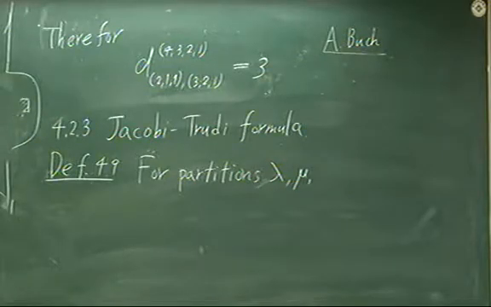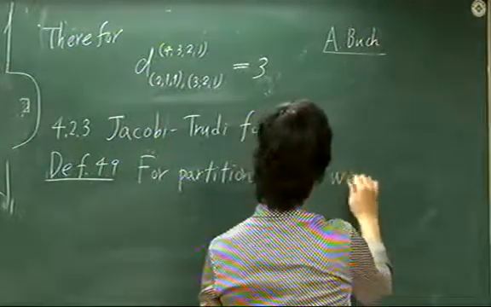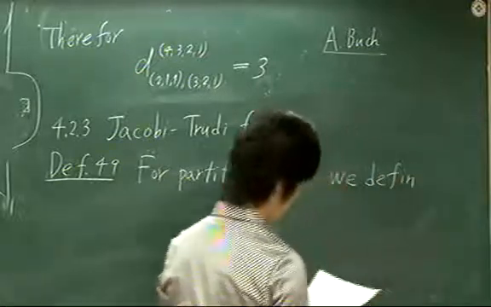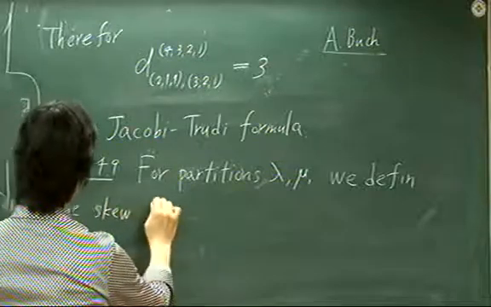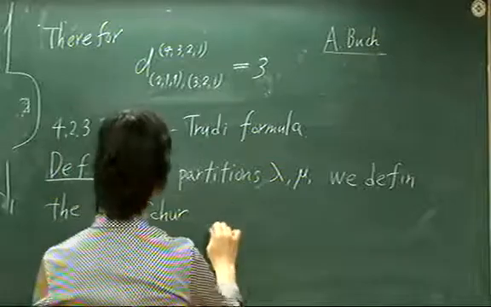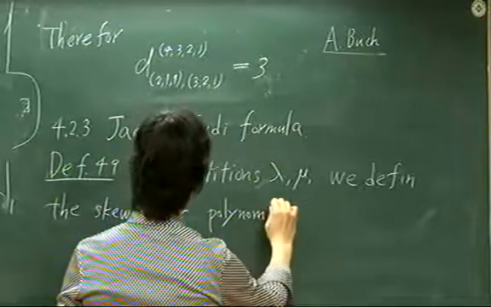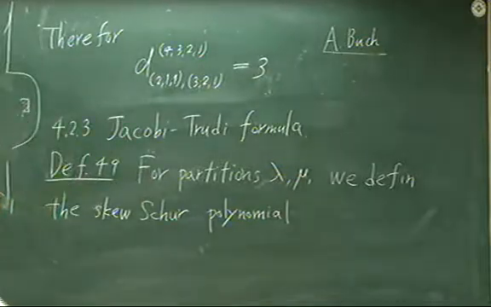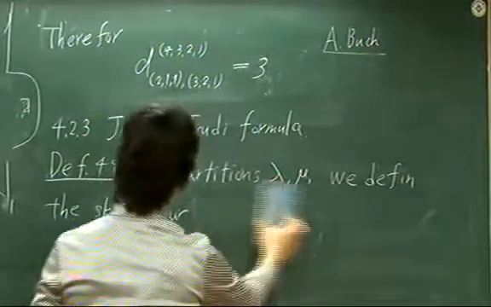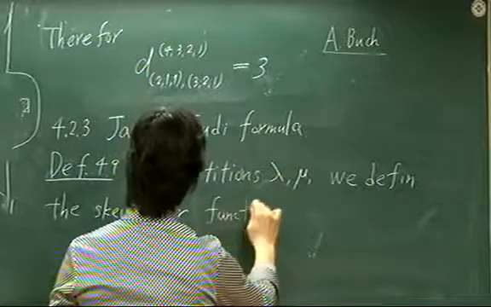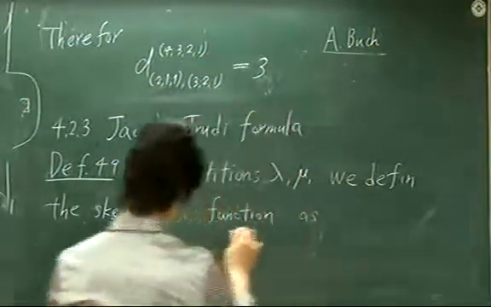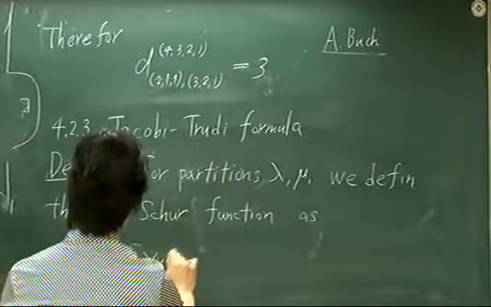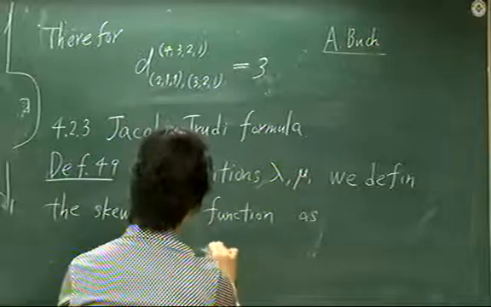For given two partitions lambda and mu, we define the skew Schubert polynomial, skew Schubert function. This is no longer a polynomial, a function, denoted by S lambda over mu, is defined by